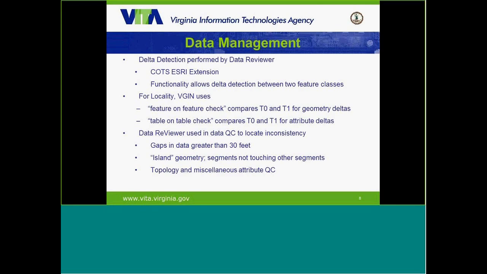We also do attribute deltas, which are a table-on-table check, which compares the T1 to the T0 as well. And then also within Data Reviewer, we do a QC that locates other inconsistencies like segments that don't touch, topology errors, and gaps greater than 30 feet.